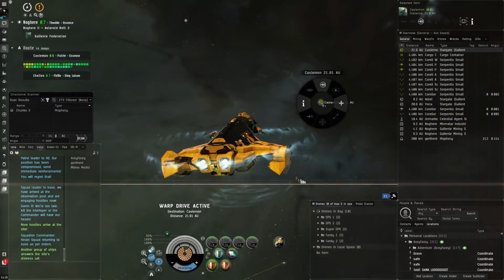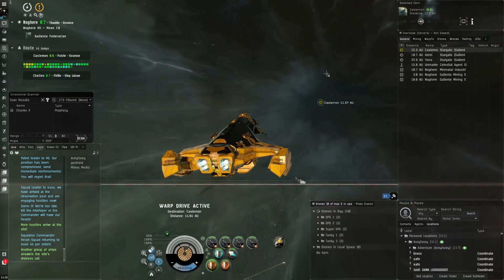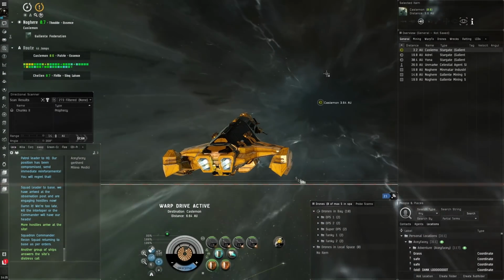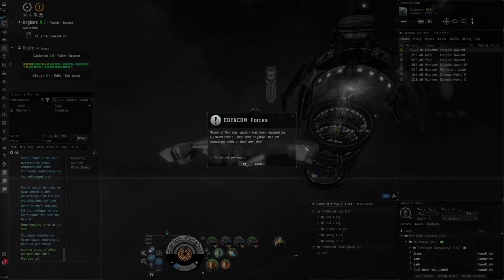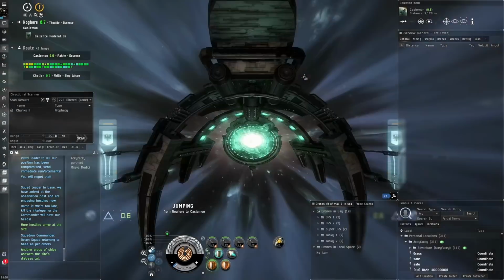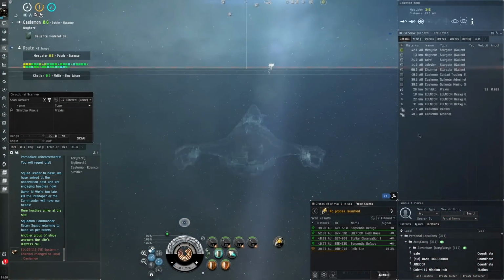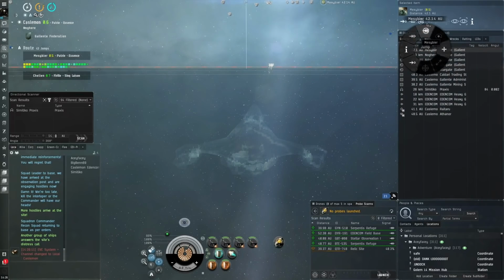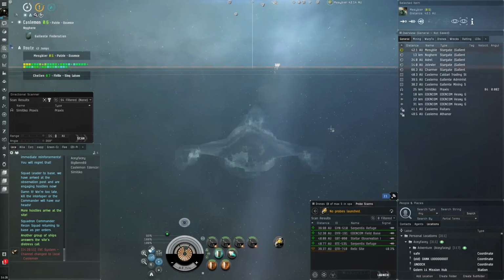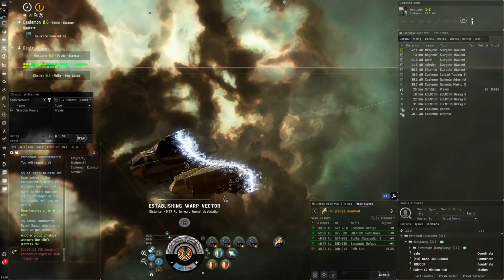Alright. Castlemon. Castlemon is next on the list, next on the menu for being harvested by my Gila. Warning, this star system has been secured by EDENCOM forces. Oh, really? Warning? Nah. I'm big buddies with the EDENCOM guys, so it's no worries right there. I've been in this system before, actually. Let's see now, refuges right here. We can do these refuges. Hopefully we'll get some good